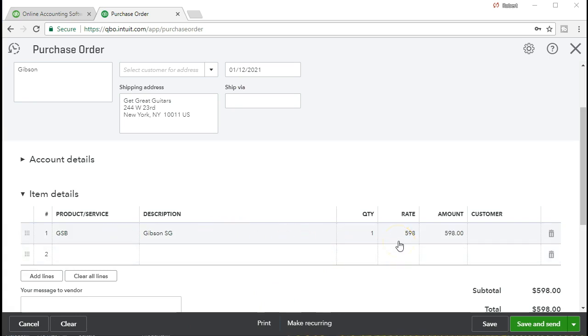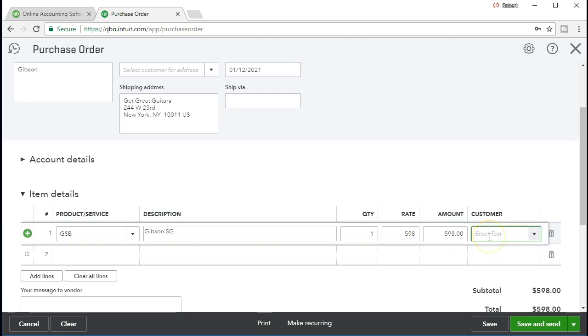And the rate's going to be $598. That's, of course, the purchase price, not the sales price that we had included. The sales price will be included when we make the related invoice to this sale. And we're going to, again, add a customer here. Now, once again, this isn't going to be something we're going to use all the time for every purchase order. We might just be buying this guitar to have in the shop to sell to whoever wants to purchase it. But in this case, we're going to add the purchase order saying that we're purchasing it for a particular customer